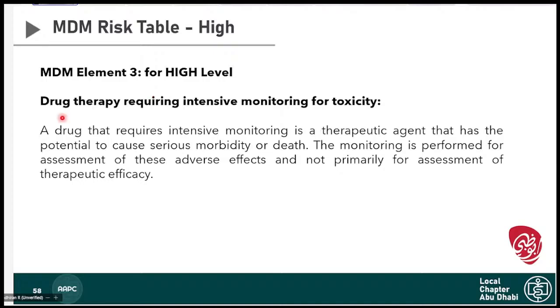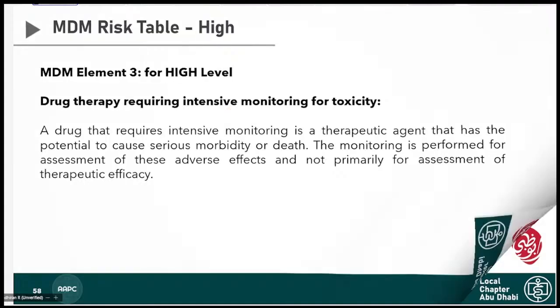Okay, so drug therapy requiring intensive monitoring for toxicity. Intensive monitoring is nothing but whenever the drug is injected, the provider needs to monitor the toxicity, not the therapeutic effect. Therapeutic effect in the sense after giving the treatment how the condition should decrease. But toxicity in the sense what additional effects will be created to the injuries. Okay, like that. So the monitoring for toxicity only we can fall under the drug therapy requiring intensive monitoring for